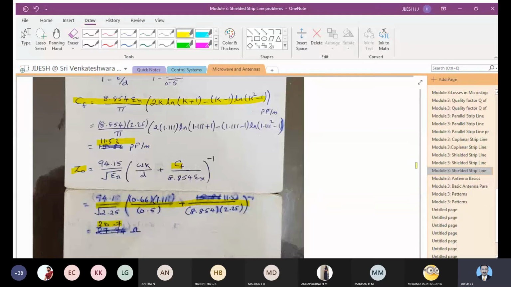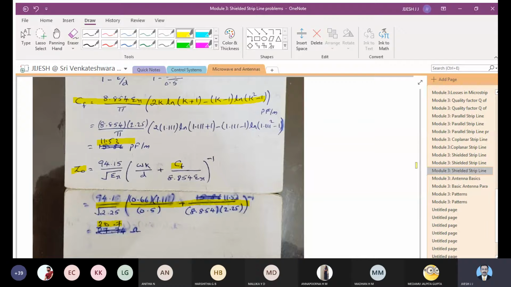Okay, so the only thing you have to be careful about here is you need to be very much confident with respect to the equations. You should not make any mistake in understanding the equation, and you should remember the equations for your examinations so that you can substitute the values and solve the problems. So that is all about this portion of the module.